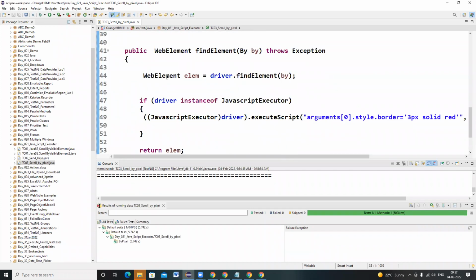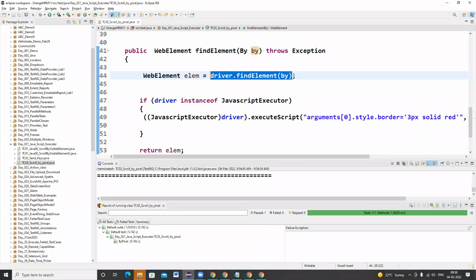Now we have created a web element object reference. This is highlighting the web element border. I'm explaining it once again. We are creating an object reference for the web element, and we are saying driver dot find element by, because this is usually the code that we write in order to find a web element.